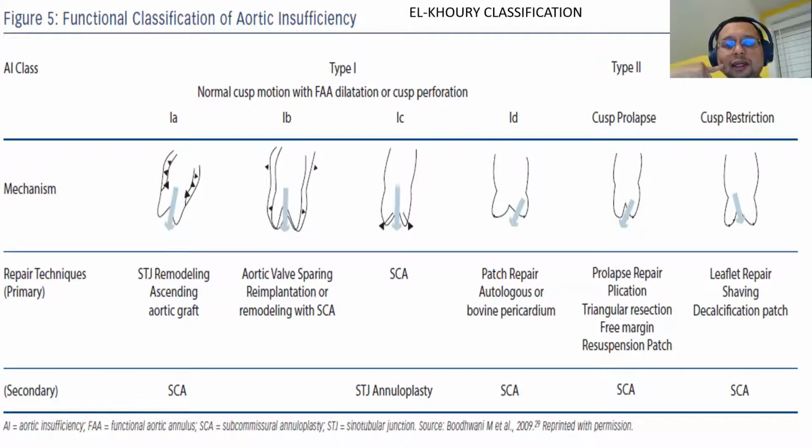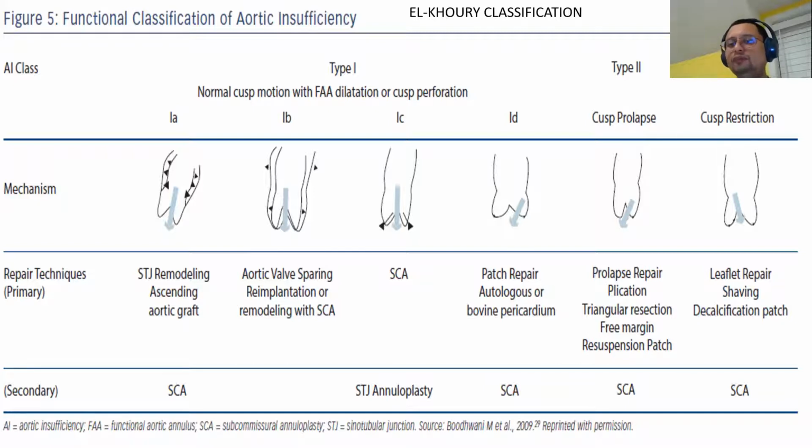In type 1A, the part that is dilated is the sinotubular junction and above. So that can cause aortic regurgitation. Why? Because remember that the hinge point of the aortic valve leaflet at the top is actually the sinotubular junction. That is 1A. 1B is the effacement of both the sinotubular junction and the sinus of Valsalva. 1C is the effacement of the annulus itself. Type 1D, there is no aortic dilatation, but you have perforation of the leaflet, for example, in a patient with infective endocarditis. So that is type 1.